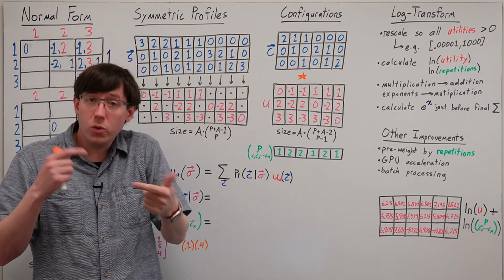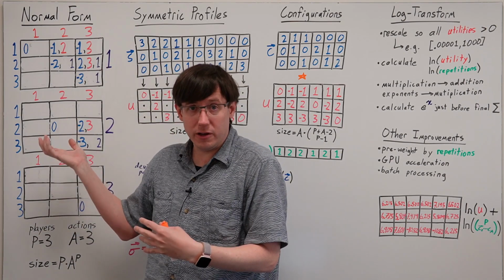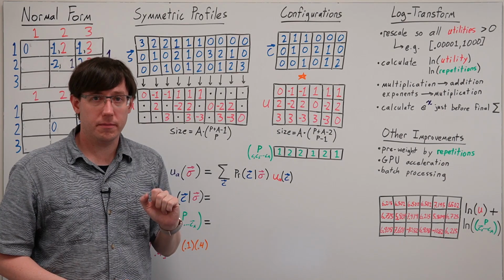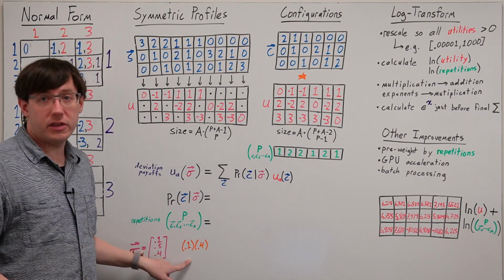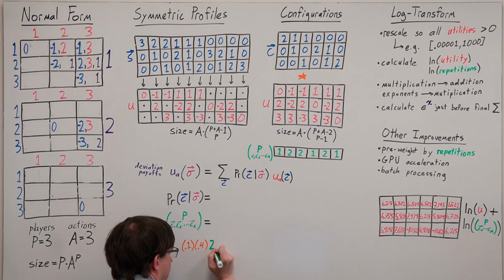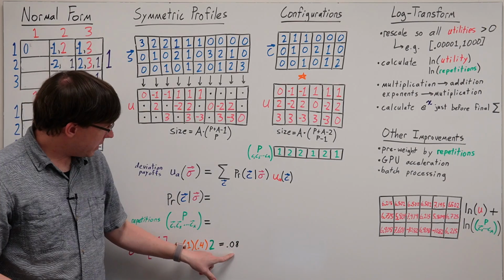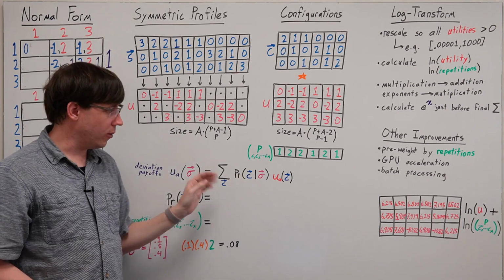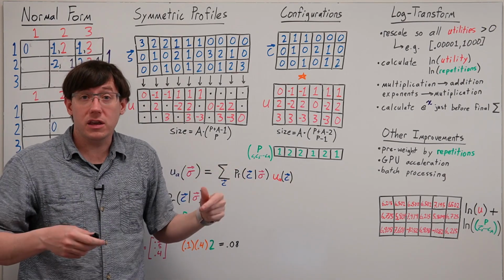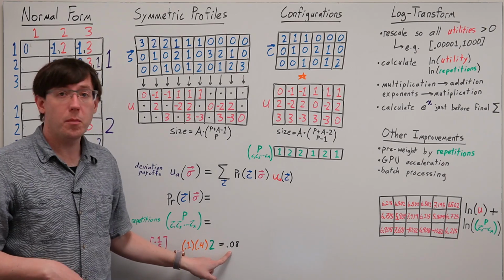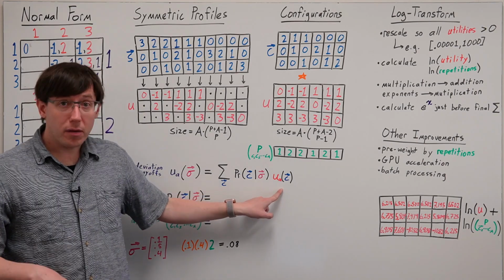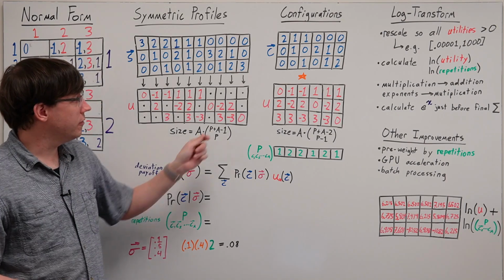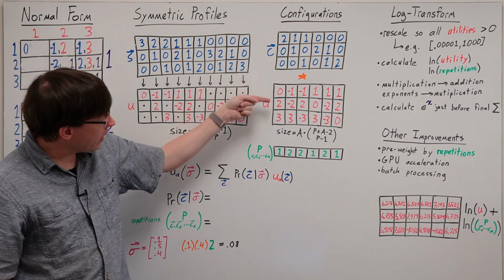So there are two different asymmetric configurations corresponding to this symmetric configuration. So we need to multiply this probability by 2. And so the probability that this configuration contributes in our summation to get the deviation payoff is 0.08. And that probability will be the same whether we're calculating the deviation payoff for action 1 or action 2 or